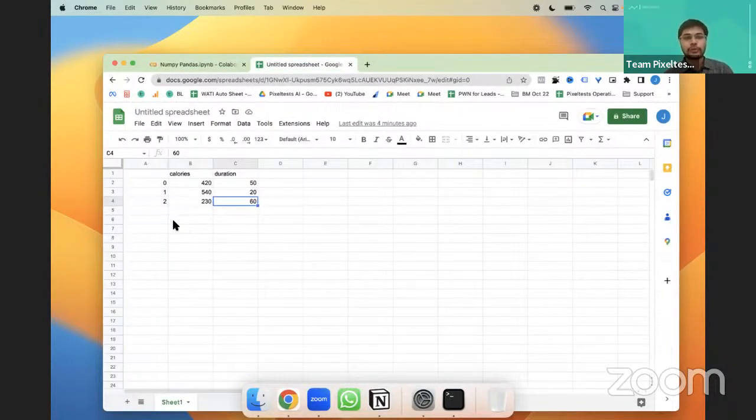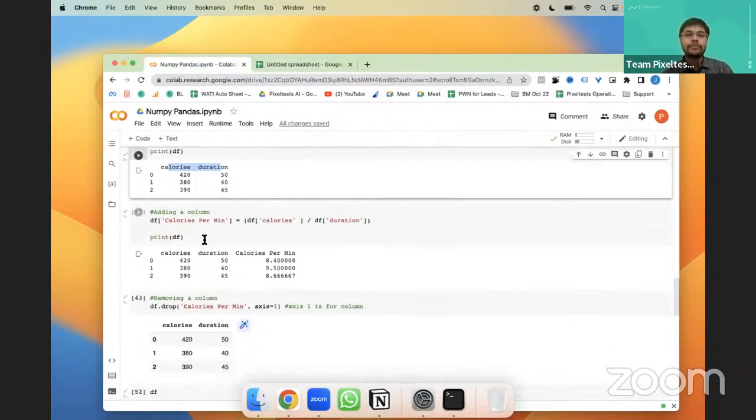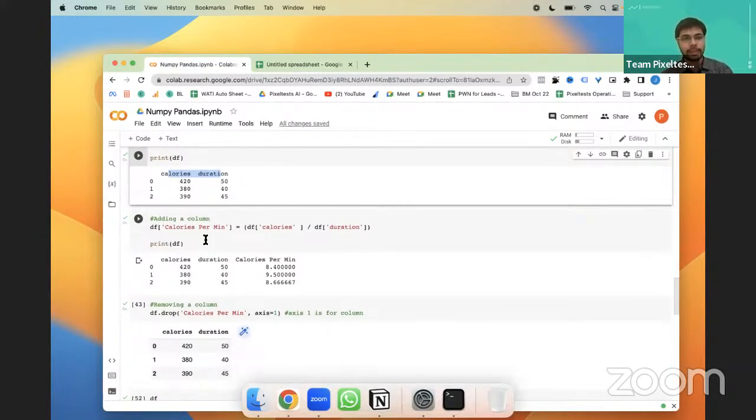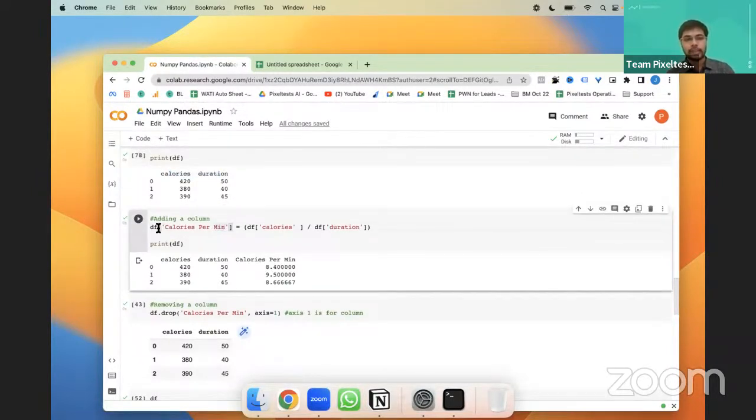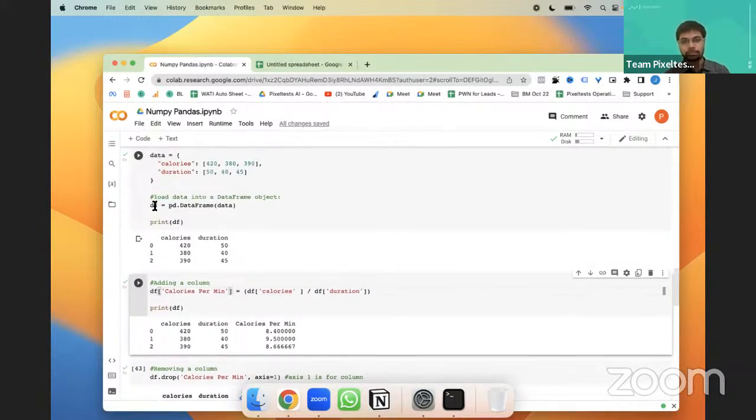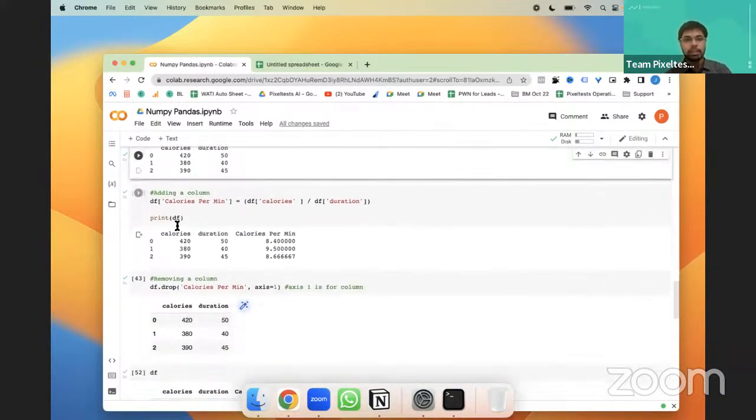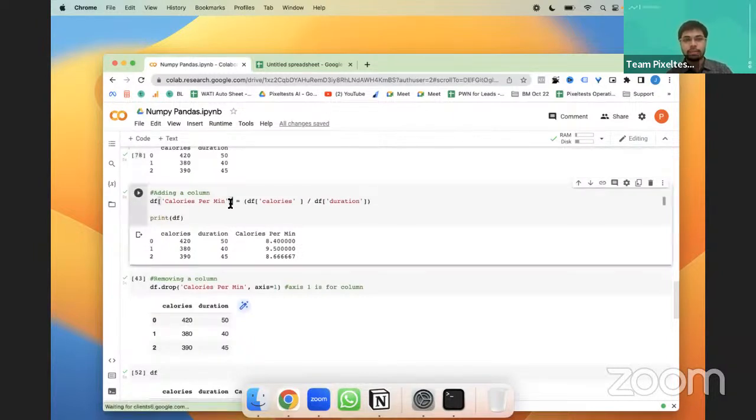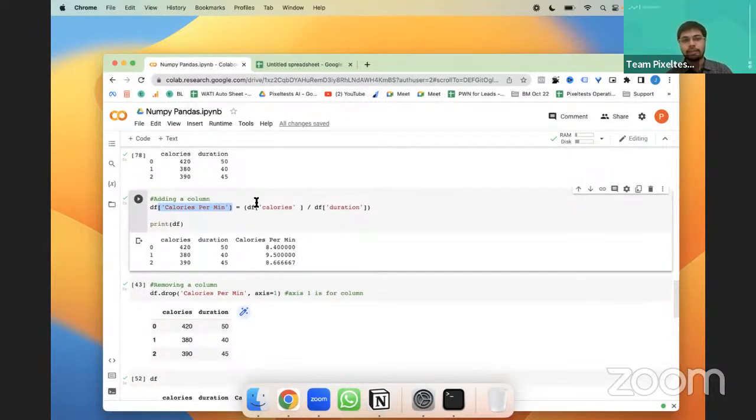Now, in tables, what do you do? To add a new column, you directly type it in. But in a data frame using pandas, how can you add a new column, right? So for example, we are going to say calories per minute, a new column. You're going to first use this particular statement. On the left-hand side, you're going to say the data frame object that you've created, the df. In that data frame, first you have the name of that particular column, and then you're going to say calories per minute is calories by duration, right?